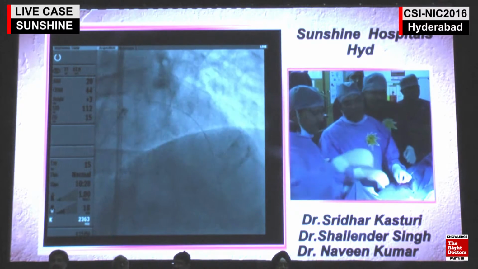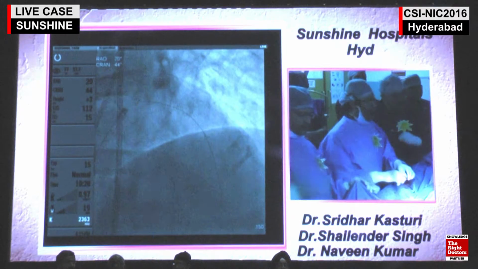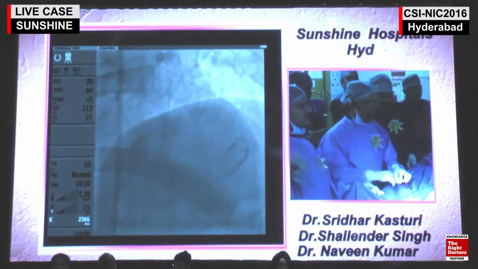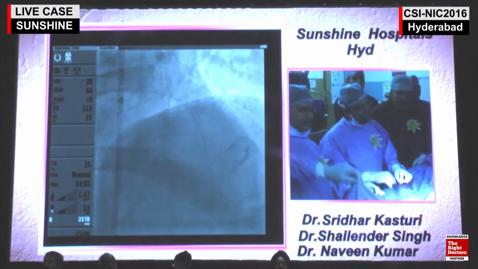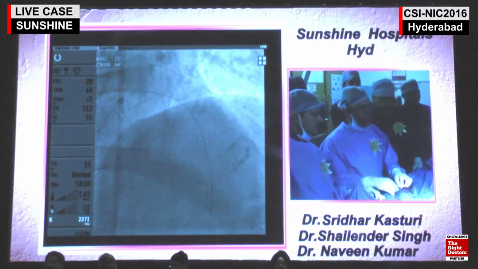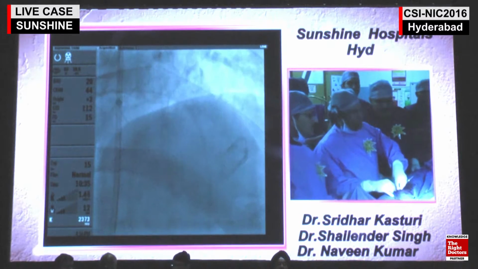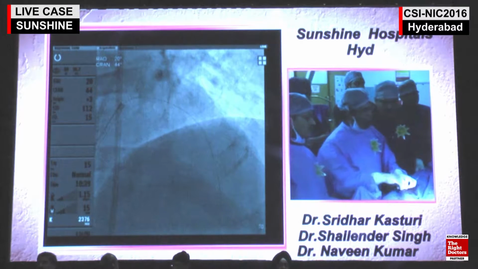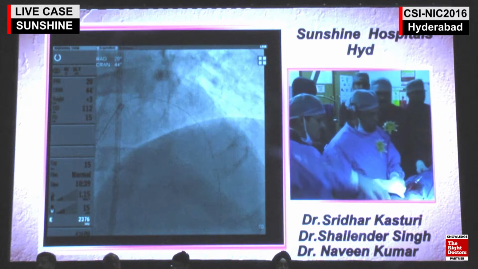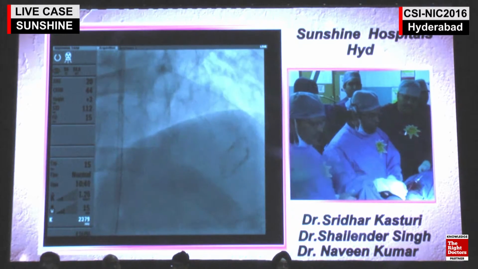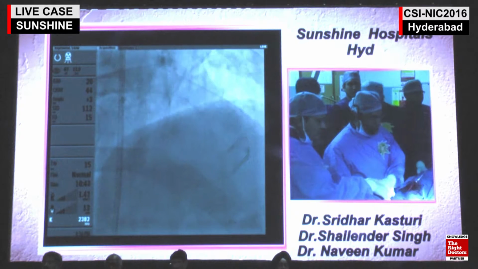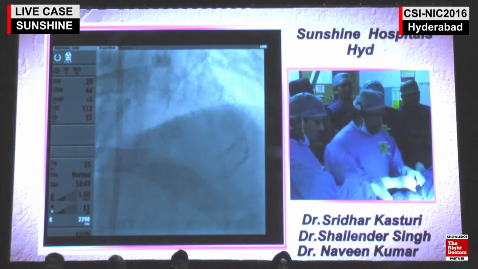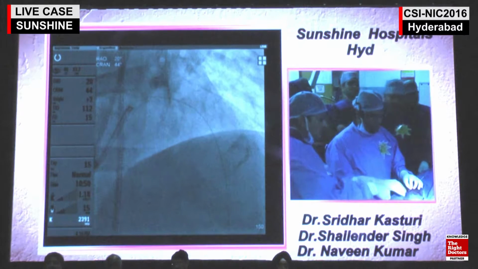Give me another wire, buddy wire. We'll put another wire. What are you doing, Dr. Sridhar? Let us know. Actually, because the wire is aligned with the stent, sometimes it will not go. In that case, you put a second wire, a buddy wire, to avoid the wire entanglement, and then you can put the balloon over the wire. These wire entanglements are very common in BVS. Most of the time, when the wire is aligned with the strut, the balloon cannot cross. In that case, it is better to take another wire, cross it, and then put the balloon over that. So now you're putting a buddy wire.